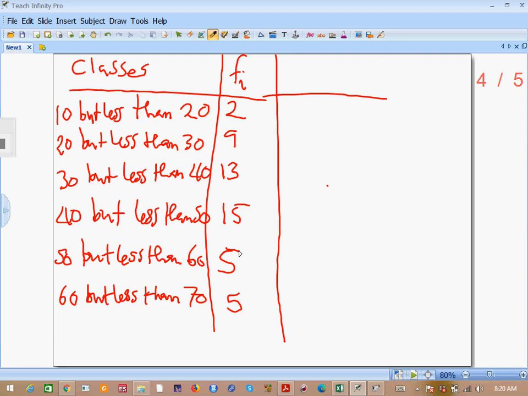How can we find the mean? Remember, when we had ungrouped data, we just used to take the values, add, and divide by the total frequency. Okay, so let's have the total frequency here. We're going to find that the total frequency is actually 49. Okay, so to find the mean,